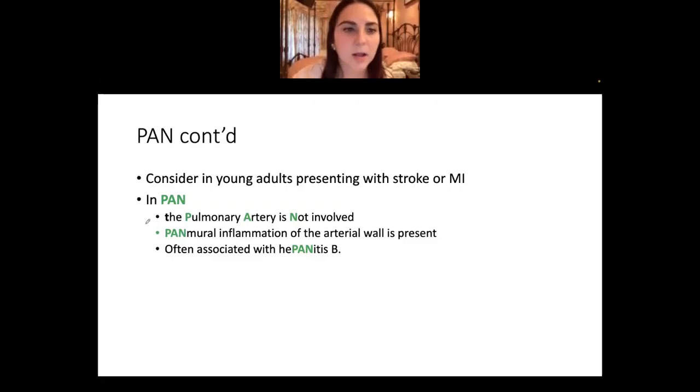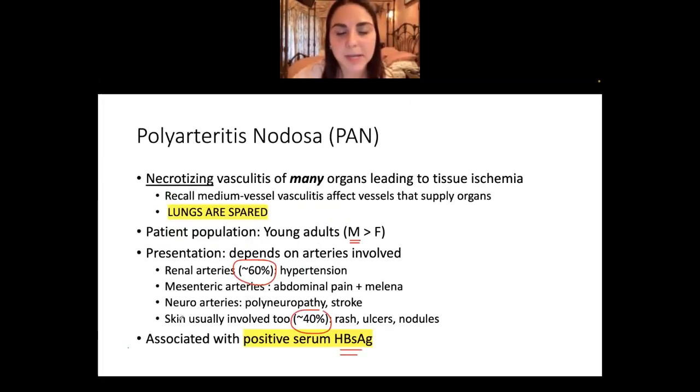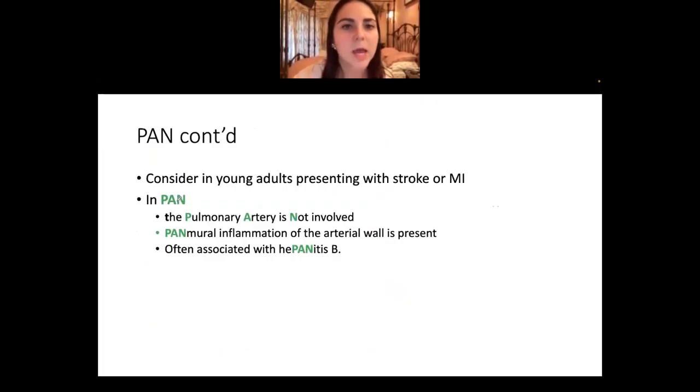So this is why I call it PAN for my mnemonics down here. But typically it's like, okay, how do you diagnose PAN? It seems like any organ can be involved. It's just like anything with hepatitis B. So usually what they say is a young adult presenting with a stroke or an MI. Because that's weird, especially when you're taking boards, you're thinking stroke in an 85-year-old,